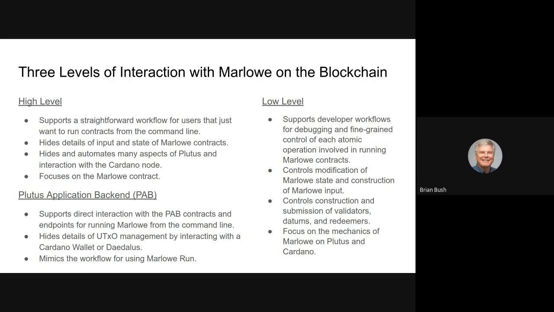You can also run this Marlow CLI to operate the Plutus application backend for Marlow. So there you're directly interacting with the Plutus application backend, which actually has 3 contracts for Marlow and several endpoints, and you can interact that way. This lets you operate at an even higher level. You don't have to do UTXO management and things like that. You're actually letting either Cardano wallet or Daedalus do that wallet and UTXO work in the contract operation. So this actually very closely mimics the workflow of Marlow Run, because Marlow Run is actually using the Plutus application